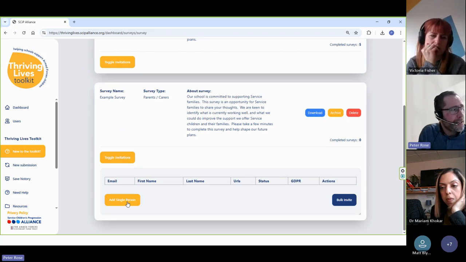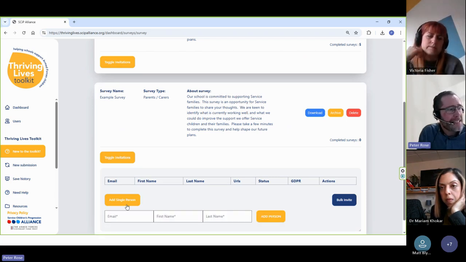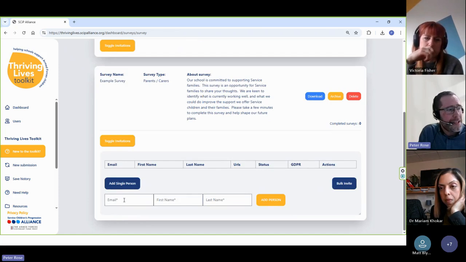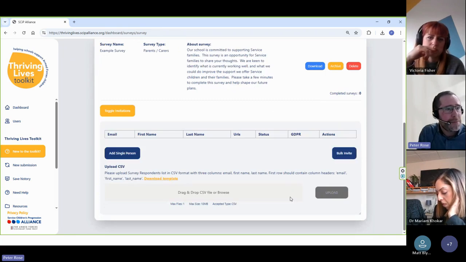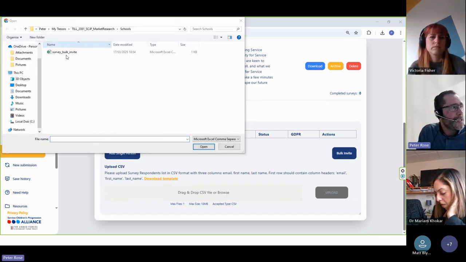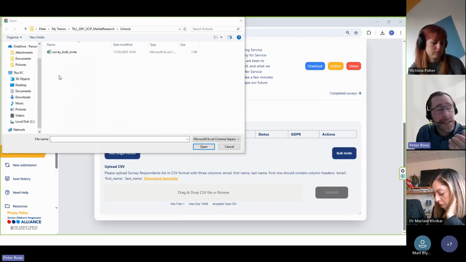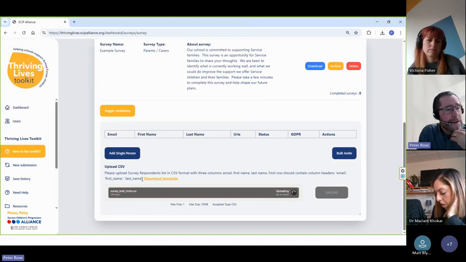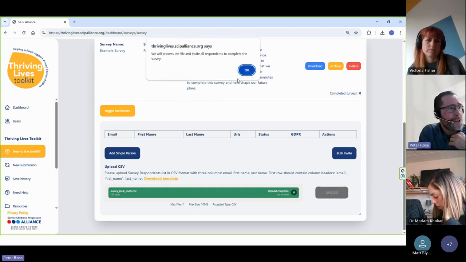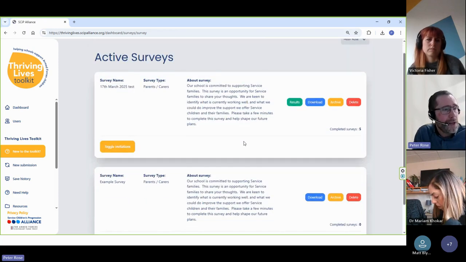You can add, as we say here, a single person, so you can type in recipient details individually, or what I would generally recommend is use the bulk invite function, which involves, if you put all of the contacts that you want to send the survey to into a CSV file, you can upload together, and then that uploads the contacts and sends out an individual link.